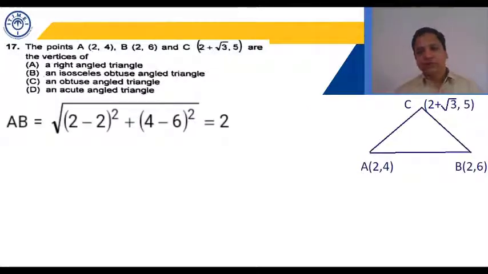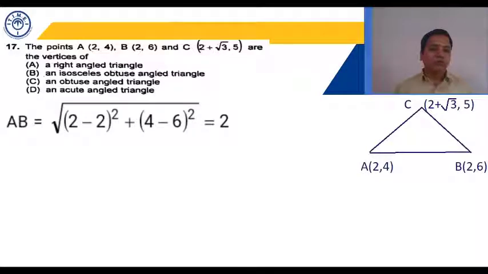We know the distance formula; till now we have used it. So let's first figure out the length of the sides. Now A, B, both x coordinates are the same, 2, 2. So 2 minus 2 becomes 0. We are applying the distance formula, under root of x2 minus x1 whole square plus y2 minus y1 whole square. First we find the length of the three sides and then see which type of triangle it fits in.